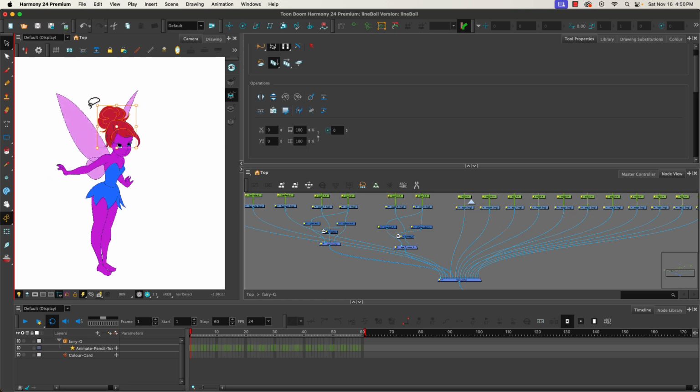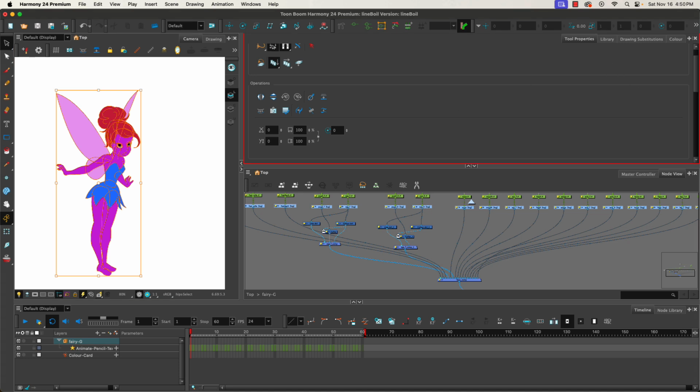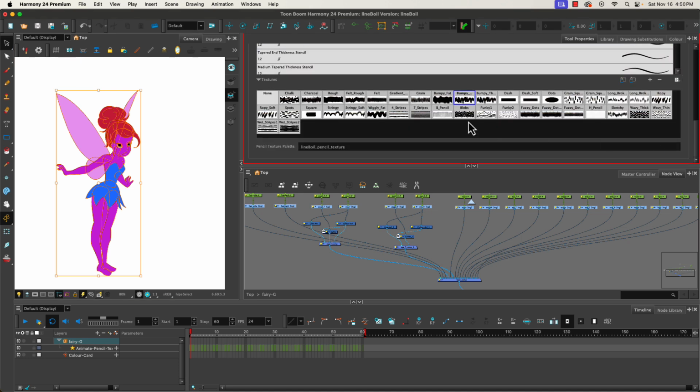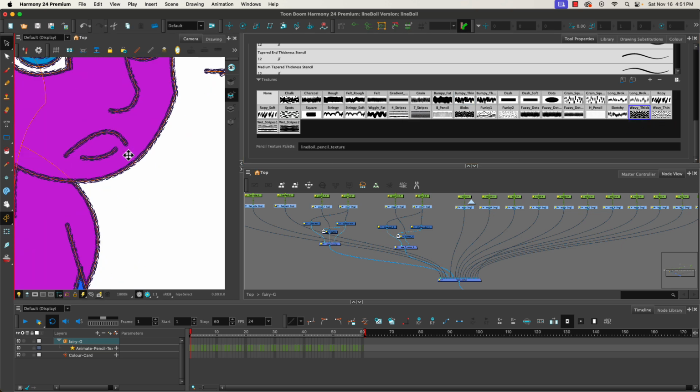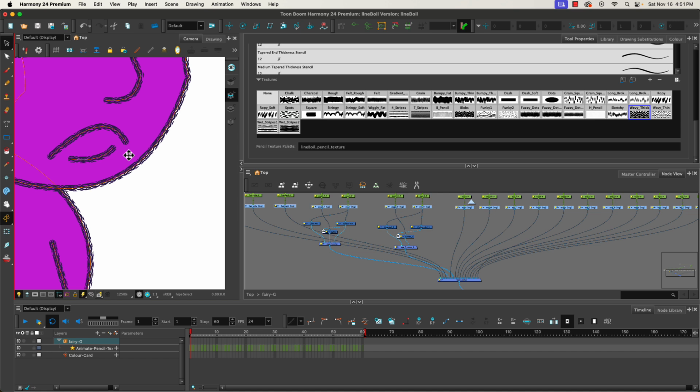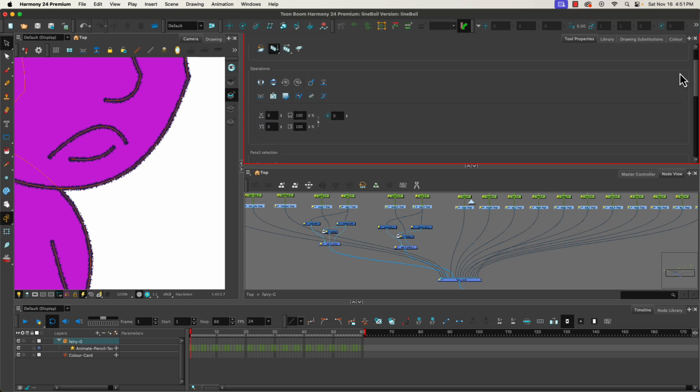But if we want something else or something more dramatic or different, which I'm not really a fan of that bumpy one. Let's see, wavy thick, what's that look like? No, that could be kind of interesting while it's animating. We'll change out our texture a few times and see what happens when we do it. I'm kind of partial to using charcoal on this,